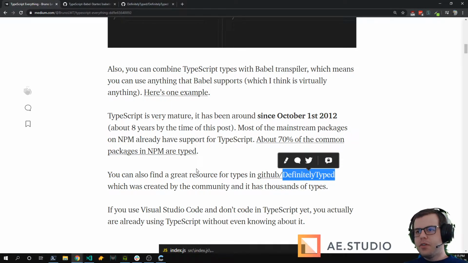It's a repository that was born just a few weeks after TypeScript was born, and it's highly supported by the community. If you want to use a package, for example Shopify, and they don't provide TypeScript definitions, you're surely going to find someone that wrote the definitions in this repository.